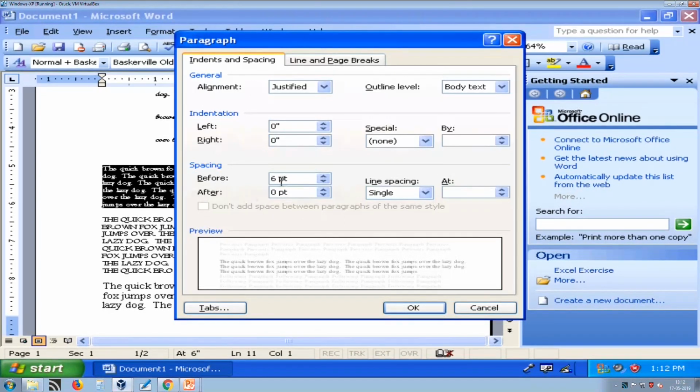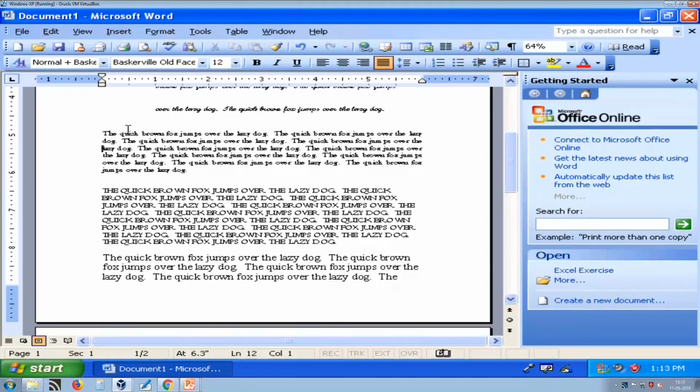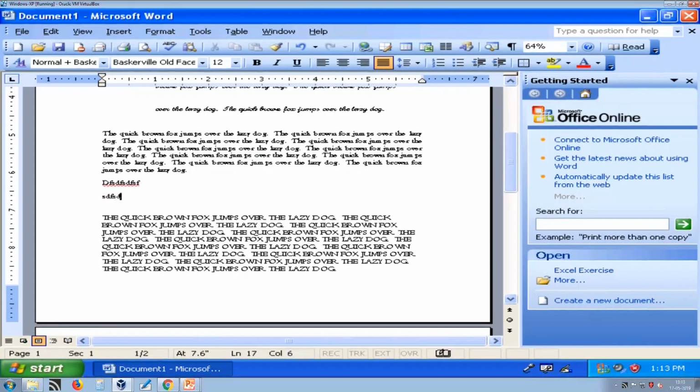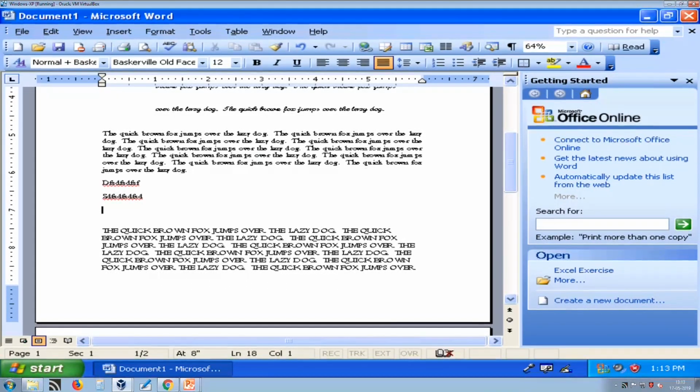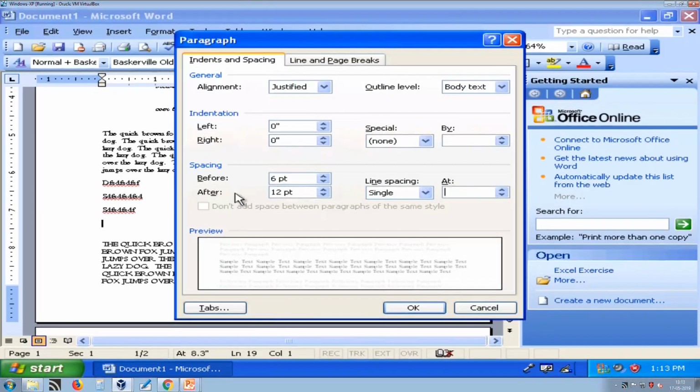Here we are leaving 6 point before and 12 point after. Whenever you press enter, it will create a new paragraph, and each paragraph has 6 point space before and 12 point space after, whatever value you have supplied in these before and after.